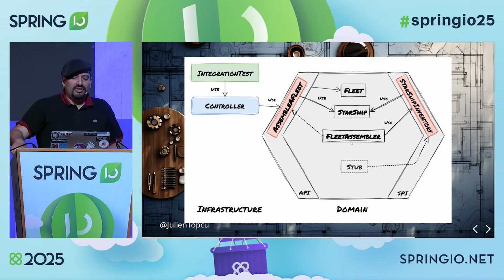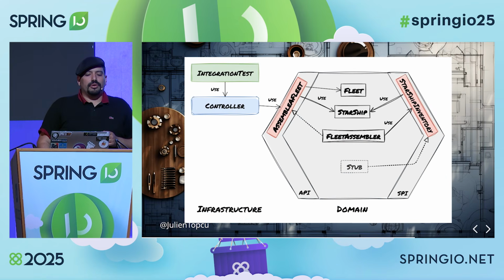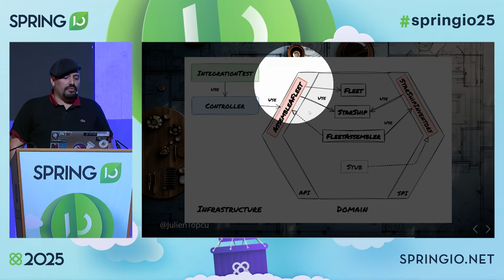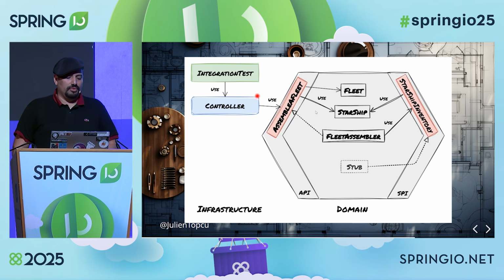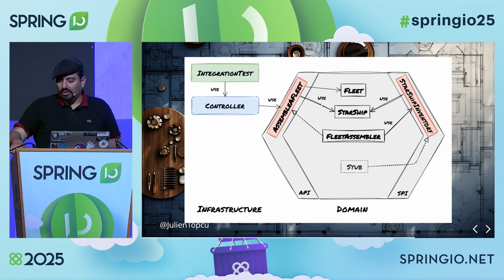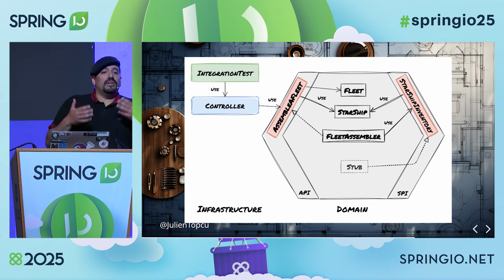We've created an integration test to help to shape the controller REST API. And that controller is, in fact, using the domain exactly the same way the functional test was doing, by calling here the assemble of fleet contract. And we just moved the stub in the production code to be able to deploy this application for alpha testers or something like that. But as you know, we won't live long that way.